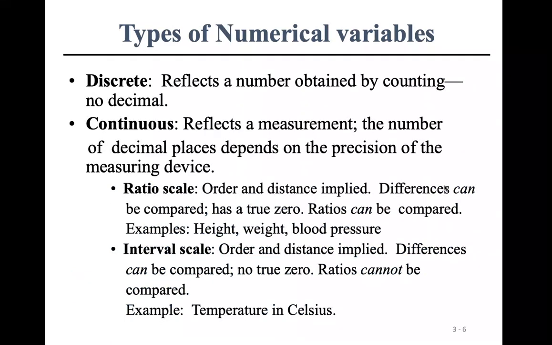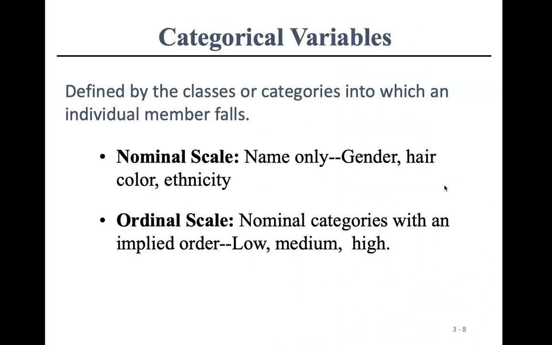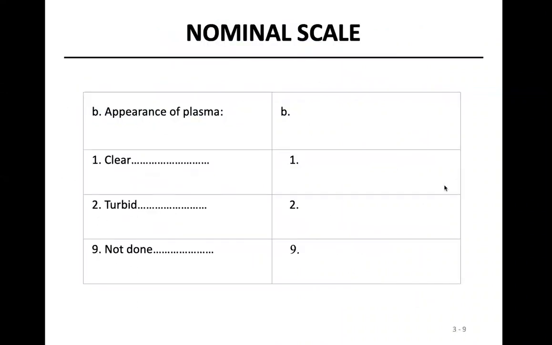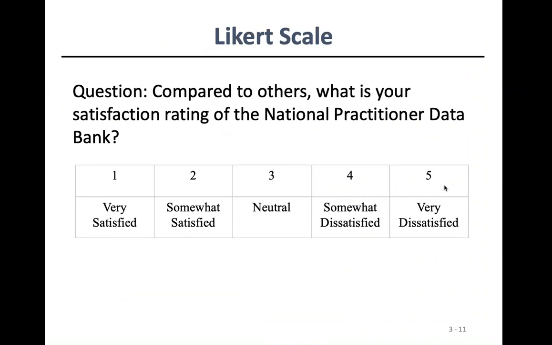Even the numerical variables can be discrete or continuous, and then you have scales, and all these kind of things. These are some background which we consider when we are looking at the data which we have got. I will skip these kind of things, like nominal scales and ordinal scales and things like that.